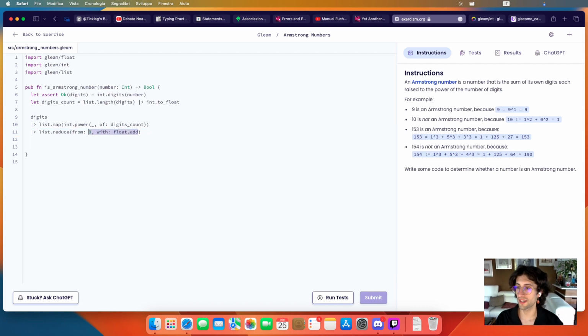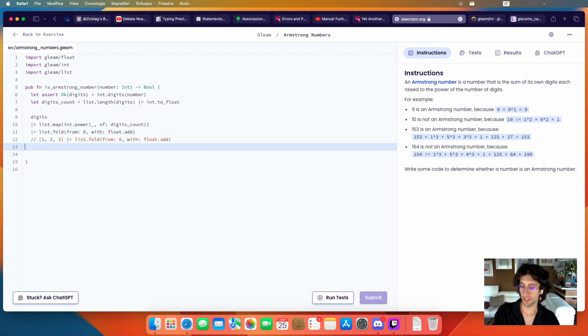So what is this doing? Basically, the fold function is taking a list and taking an initial value, which is 0, and the list elements one by one from left to right, if I recall correctly. And it is adding with the float.add each number to the accumulator and passing it along. So what are we going to do? For example, if we have a list with 1, 2, and 3, and we call the fold,